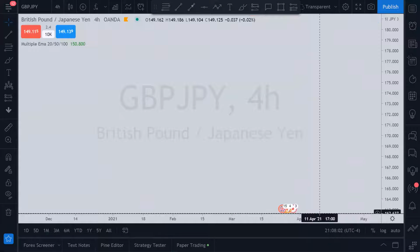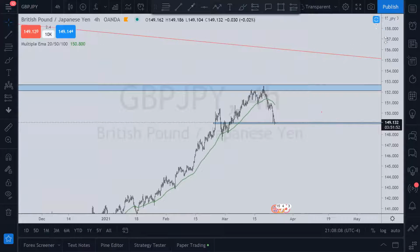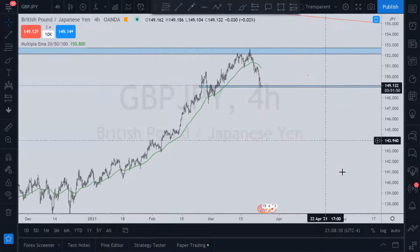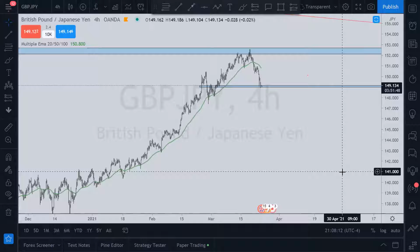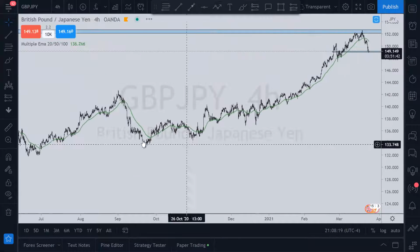We're going to take a look at the British pound, Japanese yen, GBP/JPY, on the 4 hour. Look, the breakdown is very similar to that of GU, and we are obviously in an uptrend. There's a very strong impulse to the upside